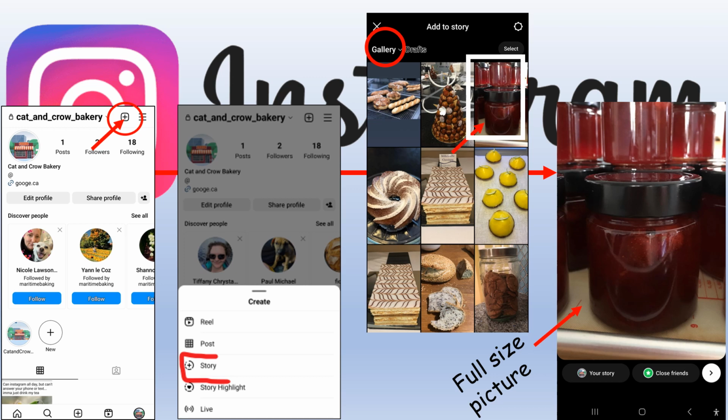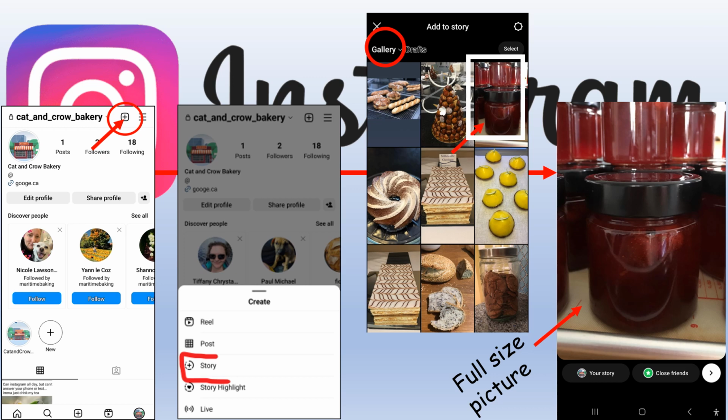Step 3, starting from your home page. Go to your home page and click the plus button in the upper right-hand corner as seen on the image on the left-hand side of the page. At this point, the top half of your screen will appear as gray, leaving you 5 options to choose from on the bottom portion of the screen. Choose the third option, Story.